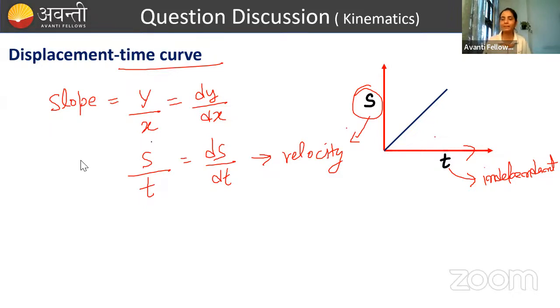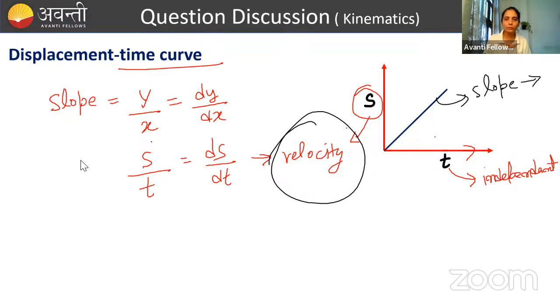Slope of displacement time curve will give what, velocity, so this thing is important, ये तुम्हें याद रखना है. Now मुझे बस दो चीज से डील करना है, slope और area under curve, right, यही दो चीजें देखनी है, nothing else we need to look at. तो अब आप देखो एरिया